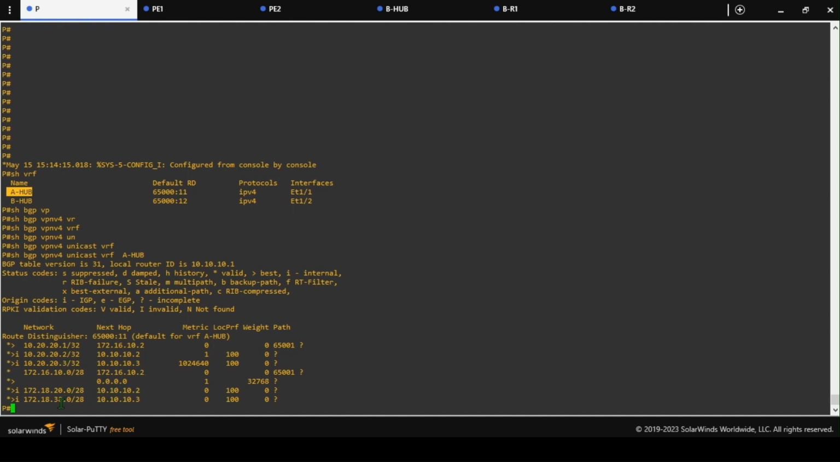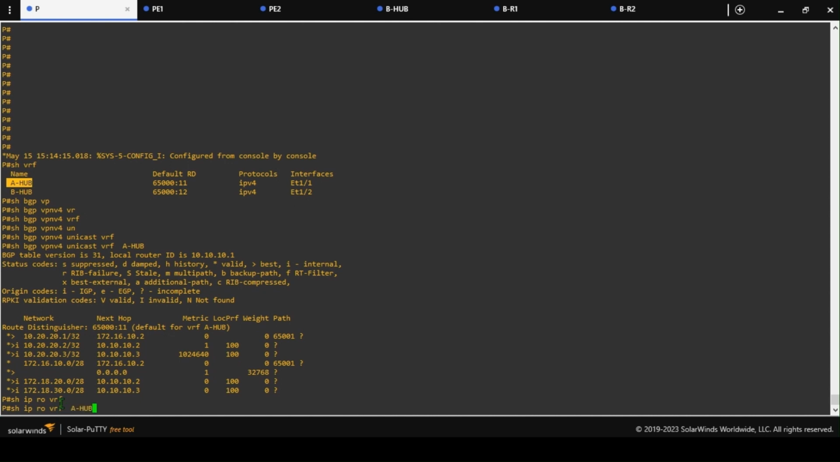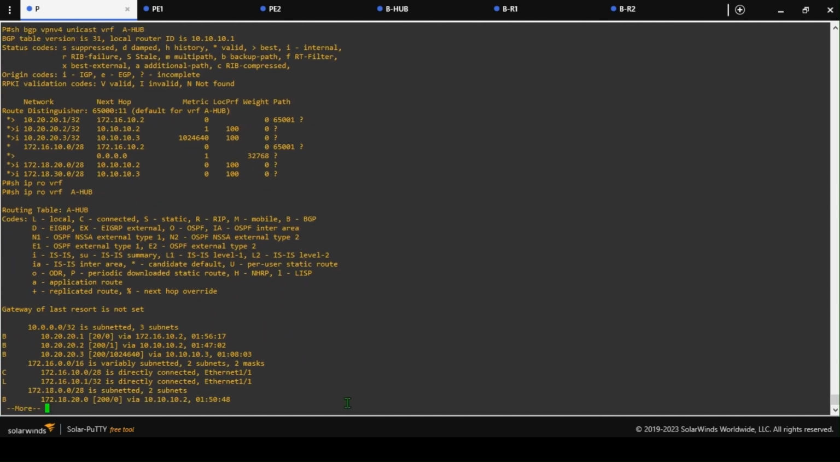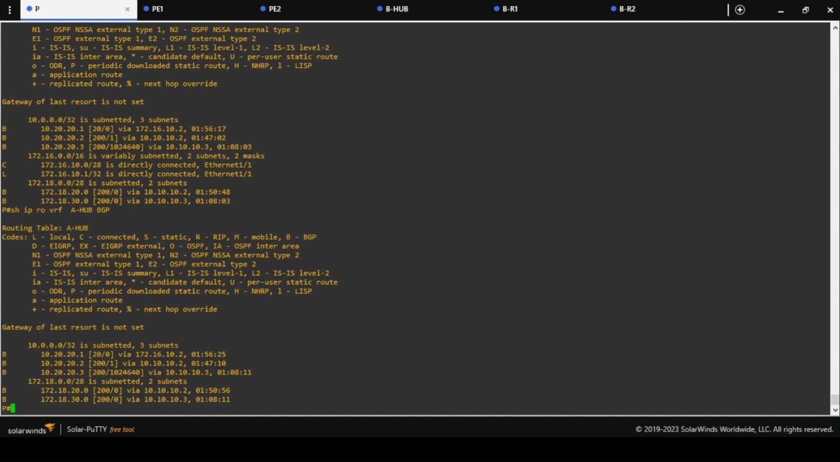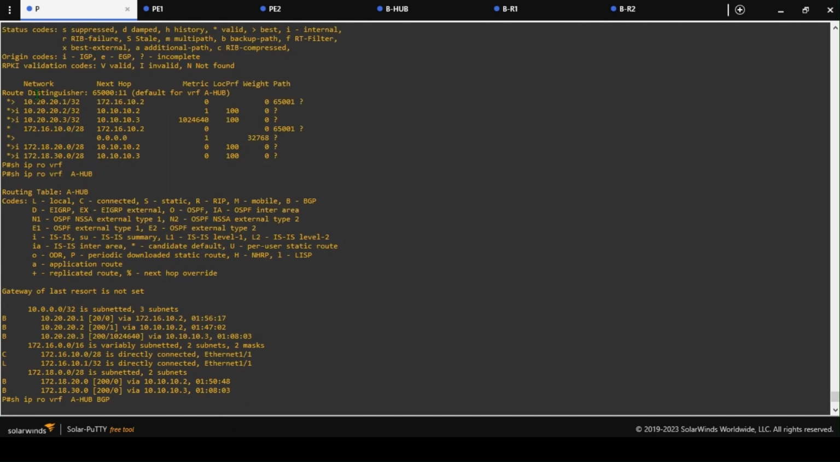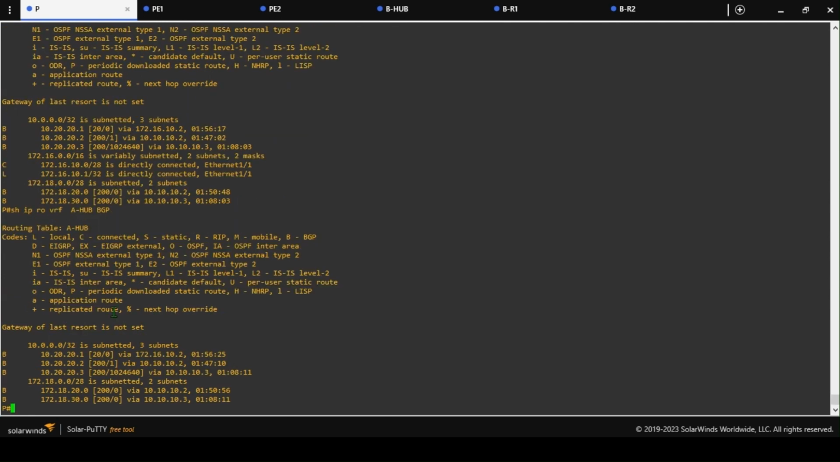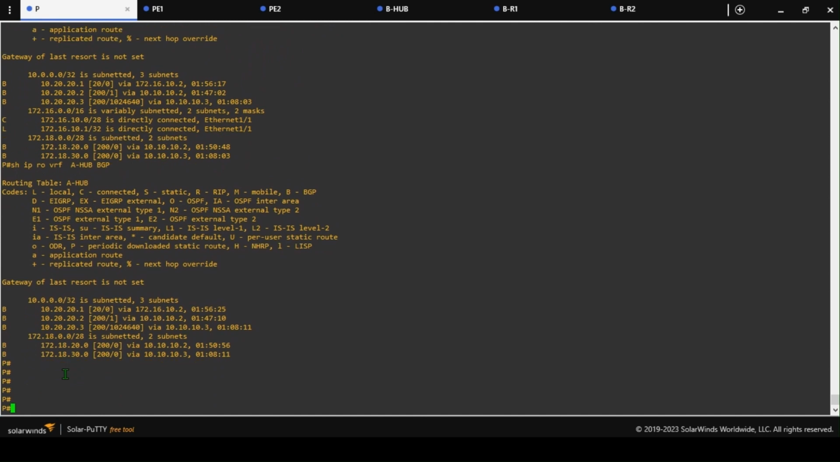And if I want to confirm again, I go show IP route VRF in reference to that VRF, and I see the routes I'm getting. Let me streamline it: BGP. So these are the BGP routes from that VRF, and if you compare them with the BGP table, you will see those that are installed are also there. So you can also confirm for